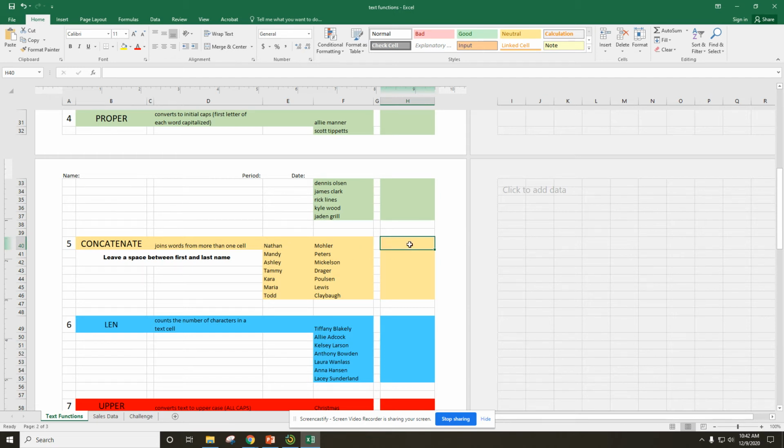Okay, so it's got a crazy name, concatenate. So if you just start spelling it, you can double click it from the list. And then it's simple. It says click the first text that you want to come in this new cell, put a comma, and click the next text. And then end with a right parenthesis,